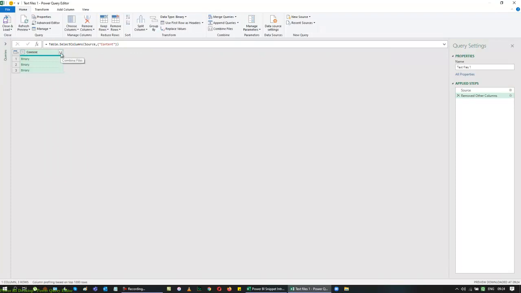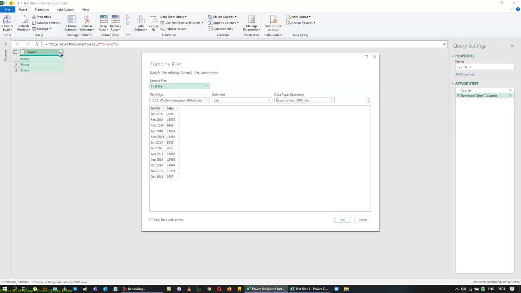If I'm using a CSV file or a text file, combining a file is very easy for me. So I'm going to just click combine file. If you have menu driven data here, I'm going to just click this double arrow mark. It does the same for you. Click that, and your data are combined as per the order that was set earlier. So it's 2014 first, 2015 next, 2016 finally.